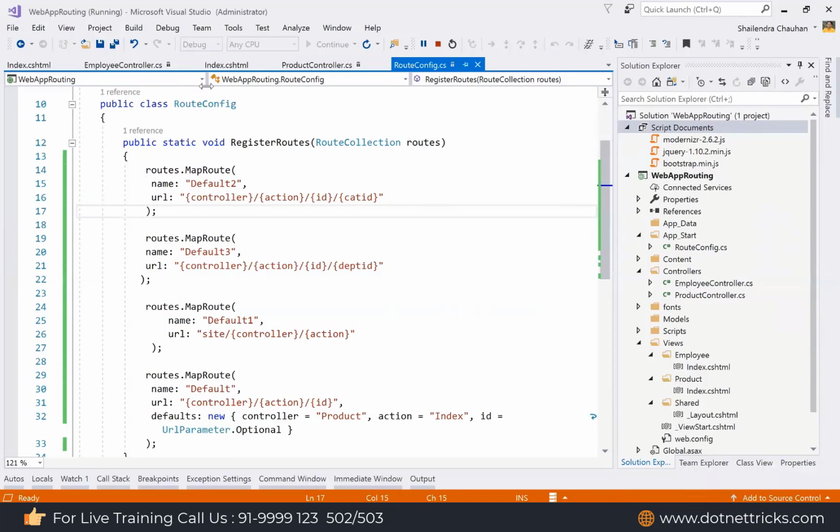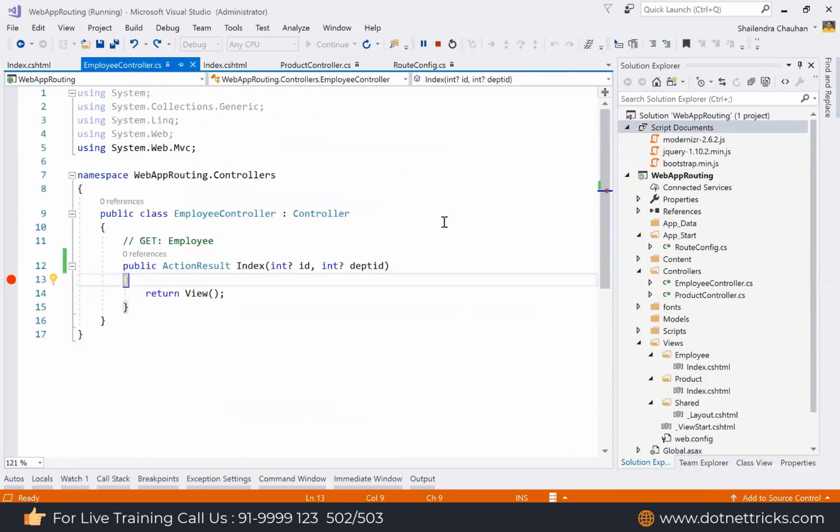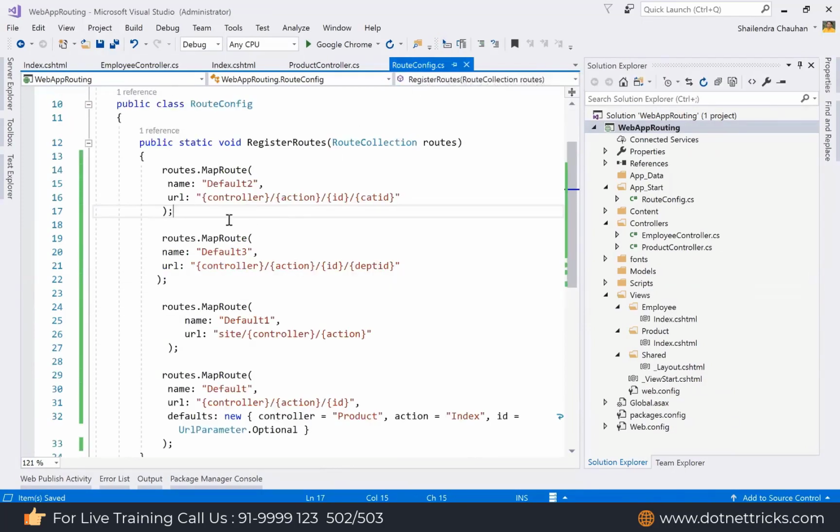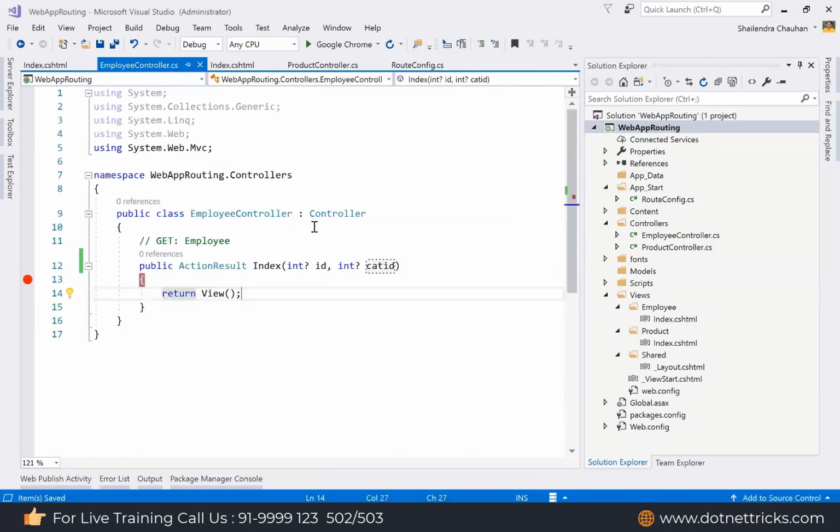If you want to verify, I can verify here by receiving the second parameter name as cat ID in place of DPT ID. So now you will get the department ID, because the route parameter name in my route config default 2 route is cat ID, not DPT ID. That's why you have to change its name to cat ID.